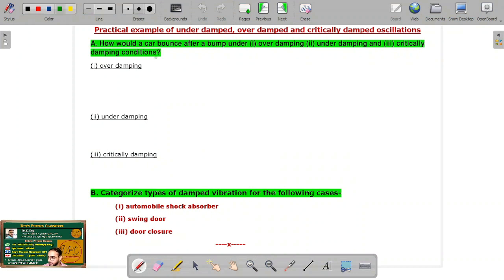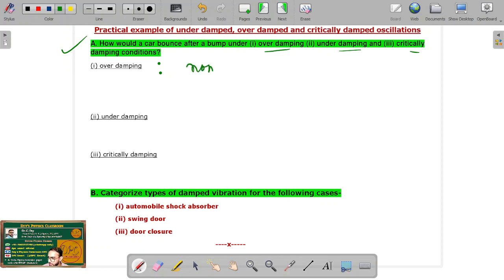a bouncing car. That means the question is, how would a car bounce after a bump under the overdamping case, underdamping case and critically damped condition? That means a car is moving on the road, and when it bounces on a bump, in case of overdamping, underdamping and critically damped conditions, what would be its state of bounce, what would be the characteristics of the bounce? In case of overdamped vibration,